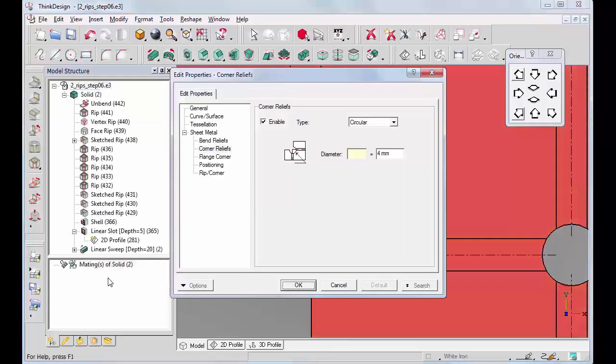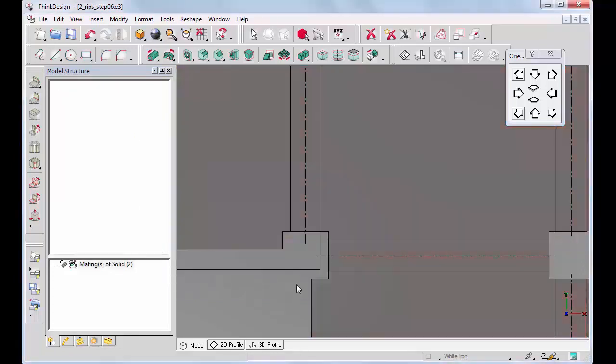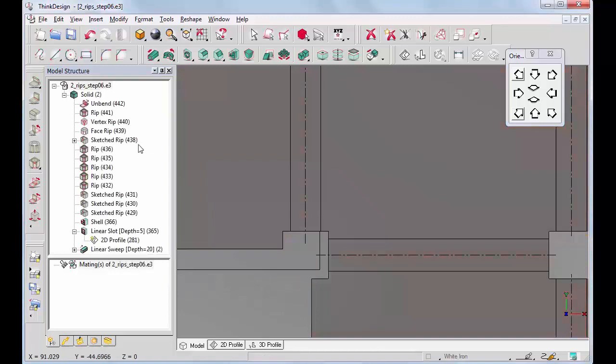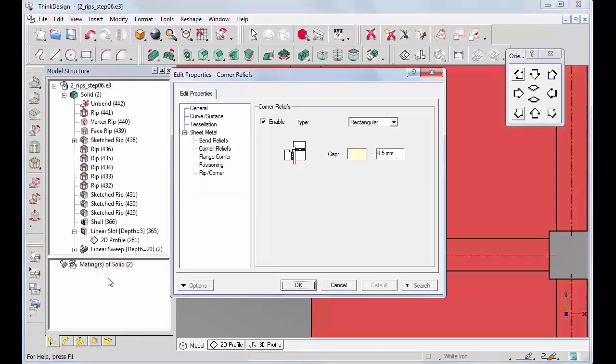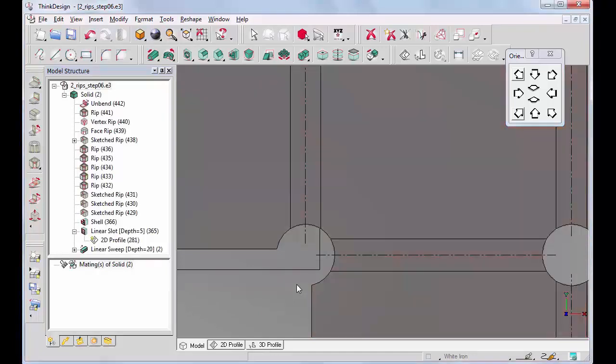select the Edit Properties command. In the corner relief tab, we set the corner reliefs to rectangular, and here we have them. So now let's edit again the properties and set them back to circular. By confirming, we get again our circular